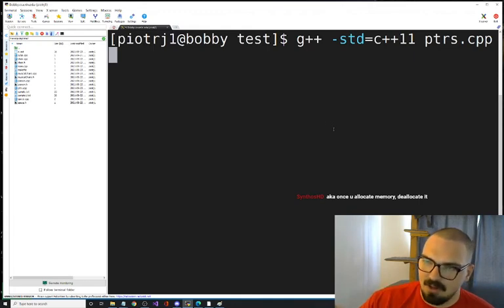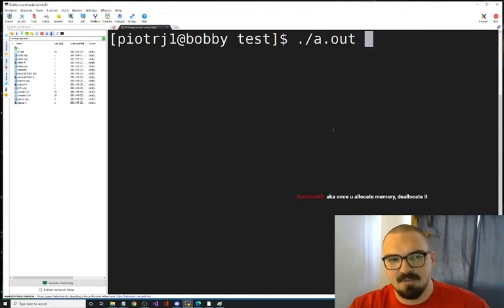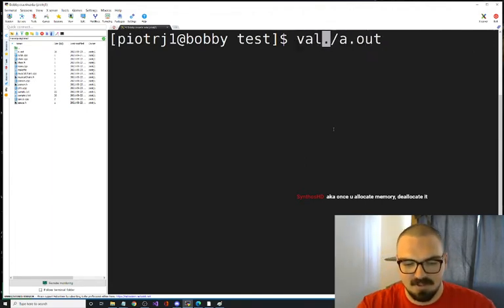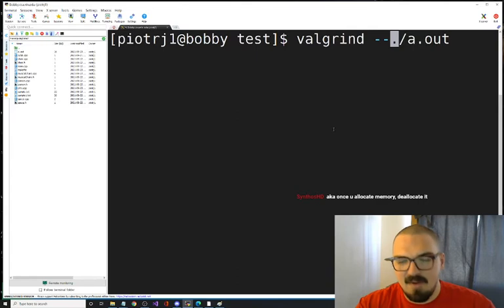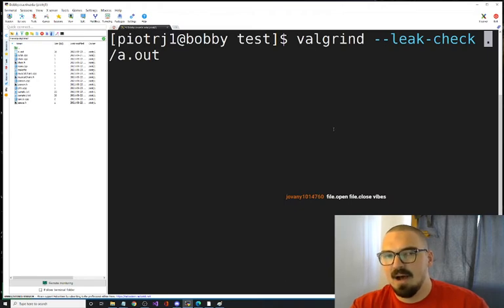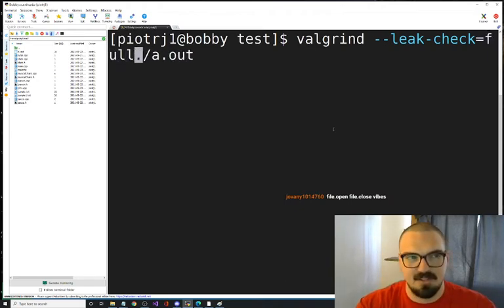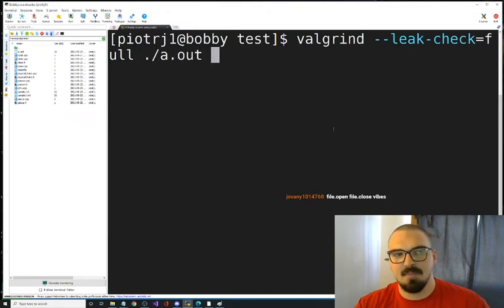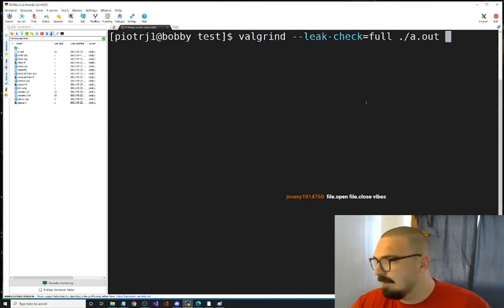Yeah, so once you allocate memory, you need to deallocate it. So check this out. We're going to use this program called valgrind. I'll put it in the notes. Whenever I run valgrind, it tells me everything that I did wrong memory-wise with my program. So what I type is valgrind --leak-check=full, and I run it with my ./a.out. It kind of looks like that.